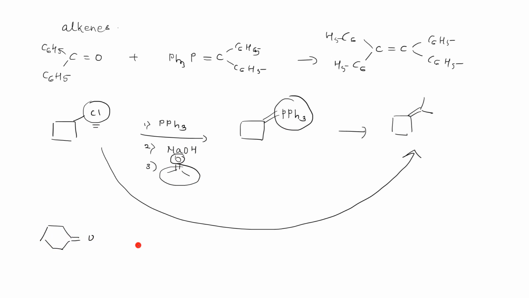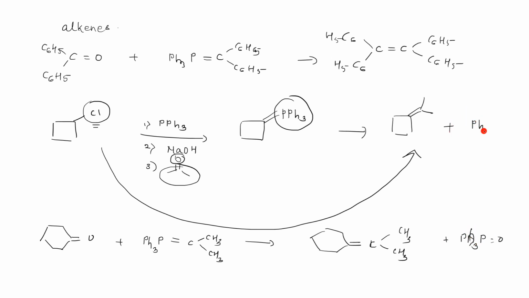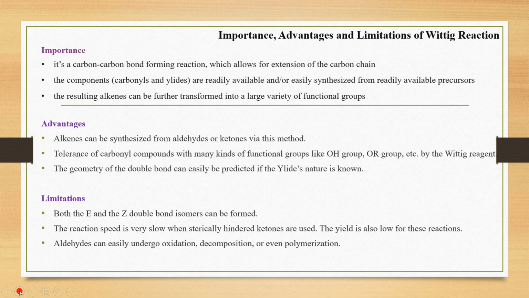Let's take an example of one more. This is your ylide, okay? CH3, CH3 in presence of THF. Now I hope you people have understood how to write these alkenes. Yeah, and in every reaction you are going to get this phosphorus oxide, PPh3 P double bond O, plus PPh3 P double bond O. Okay, so this is the reaction. You can study all these examples. I guess these examples are enough.